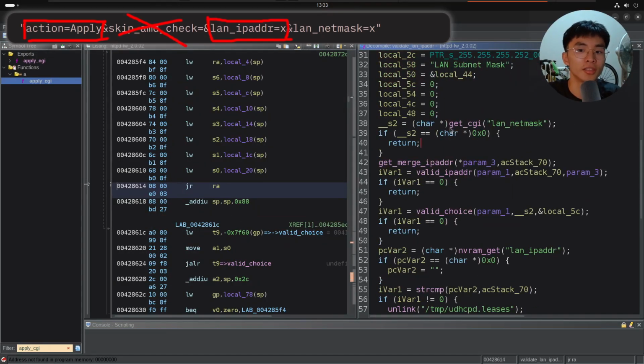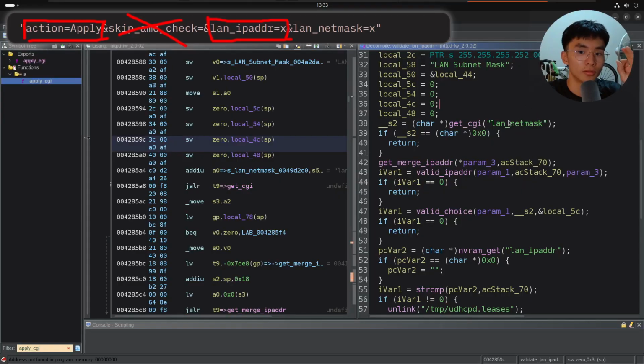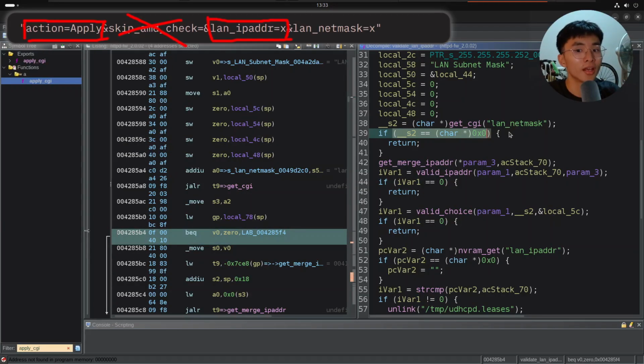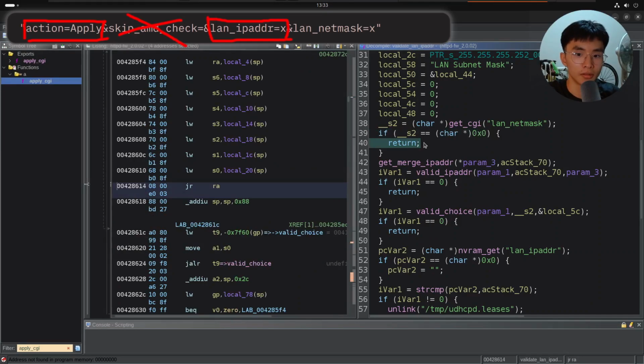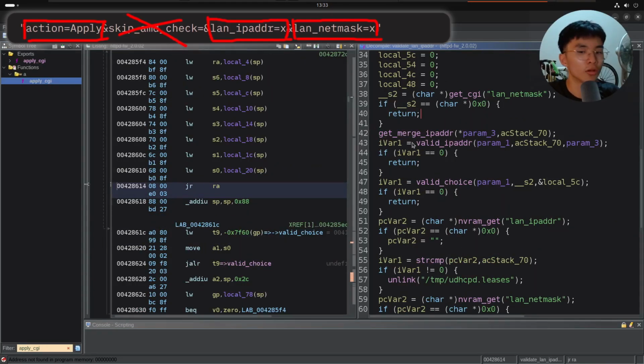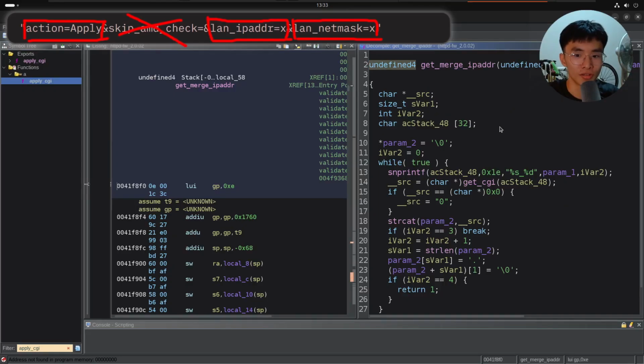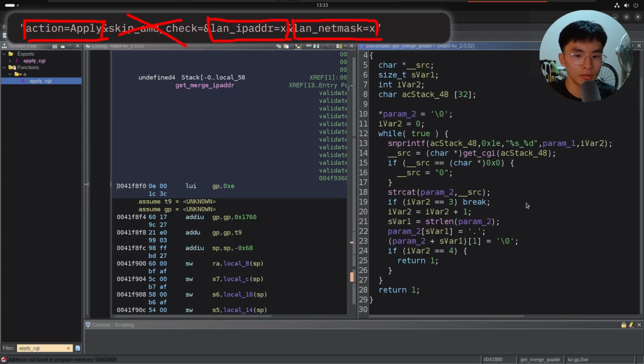And once inside, you can see another getCGI function for the LAN_netmask variable. If this is equal to the null byte character, which means not specified, it will return from the function. Since we want to actually pass through this if statement, we have to specify this variable within the HTTP post payload. And with that, we are able to call our final vulnerable getMergeIP function over here, which contains the vulnerable